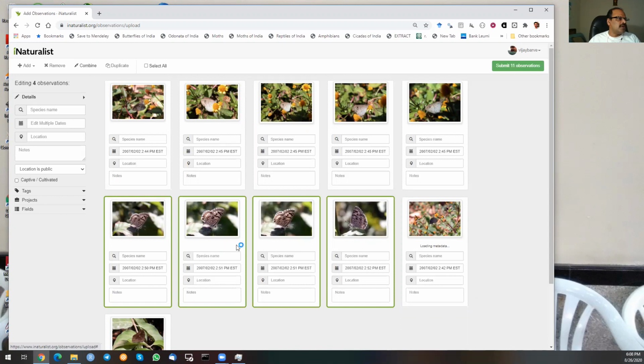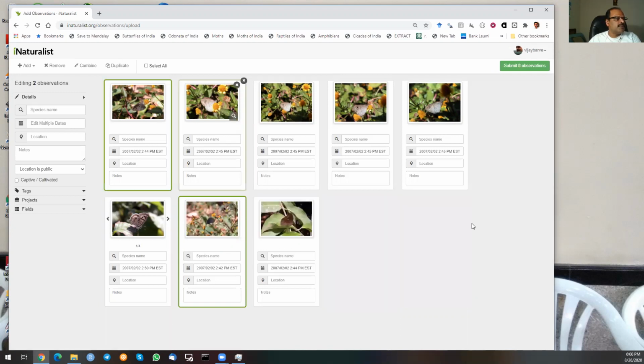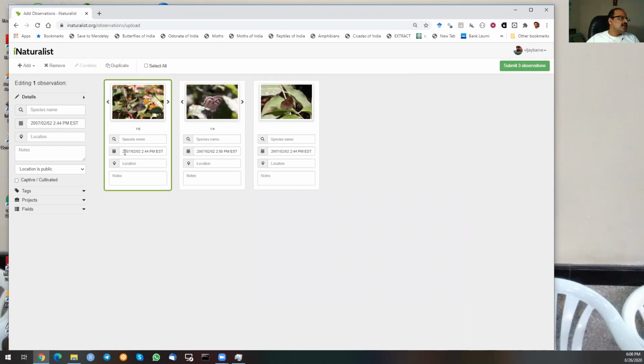And I clearly remember that these six images pertain again to the same butterfly. So I'm going to combine them. So now I have these three records. You can also see that it has already taken the time and date from the images itself.